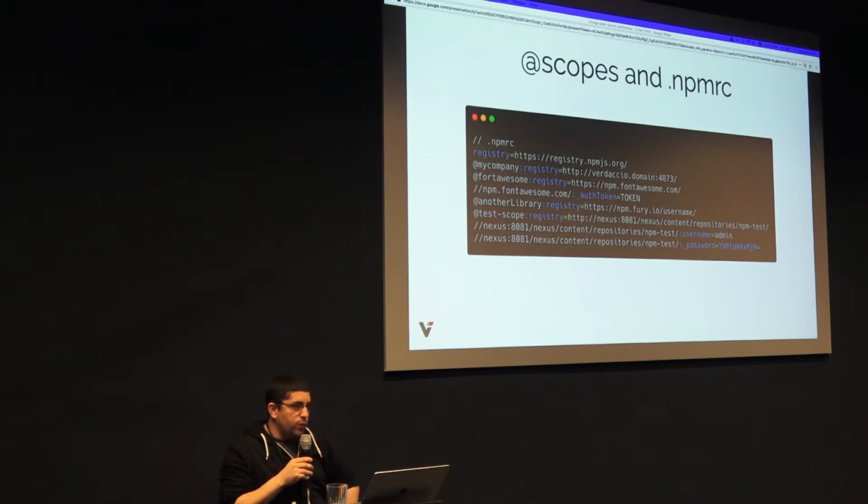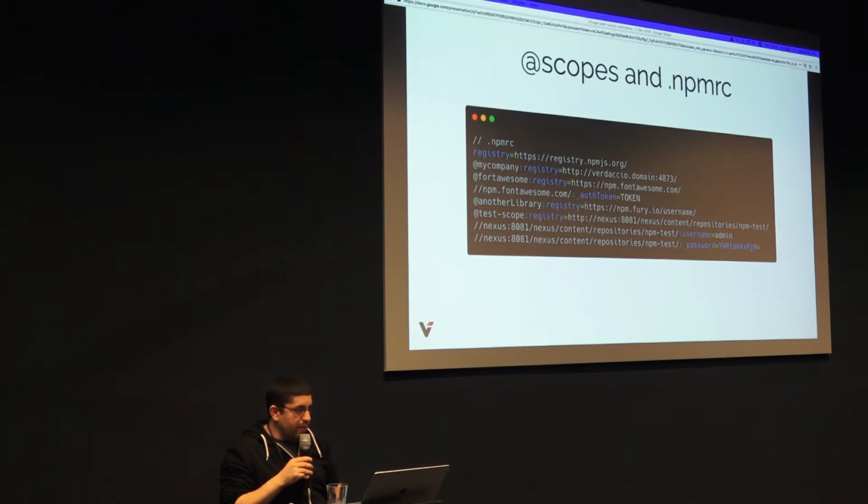So, scopes. When you're with other registries, usually this is the .npmrc file where you define the registry, and like I said, it only allows you to fetch from one registry. But there is a small hack, I would say. You can use scoped packages to point to different registries. But when you have credentials, so if the private registry is under some authentication layer, then you need to do this,